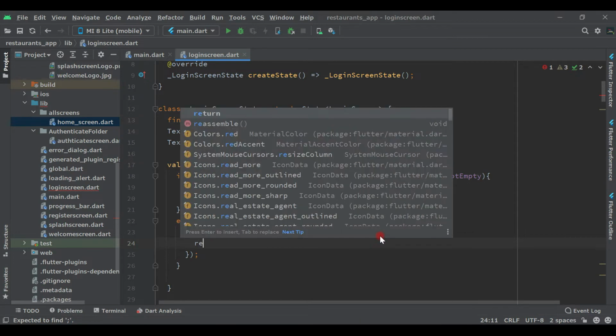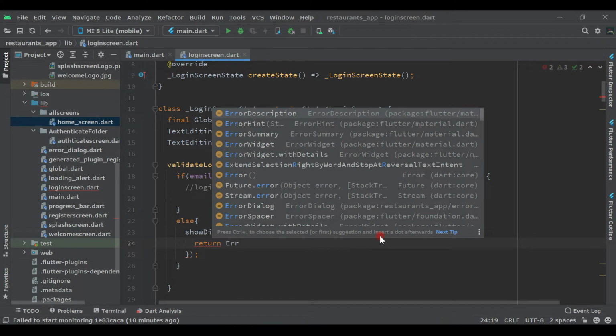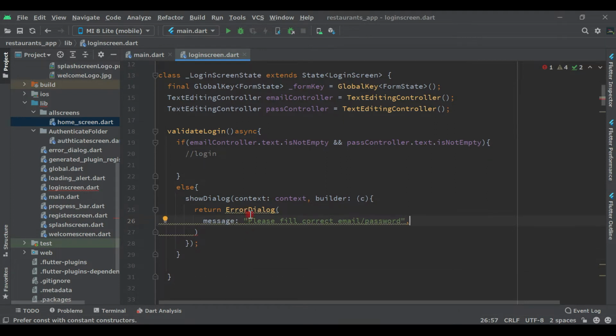We have to return an error dialog which we have already used in the registration screen, and here we have to put a message, and the message will be, please fill correct email or password. And here if you see this underline, just click on it and add a const modifier like this and put a semicolon here